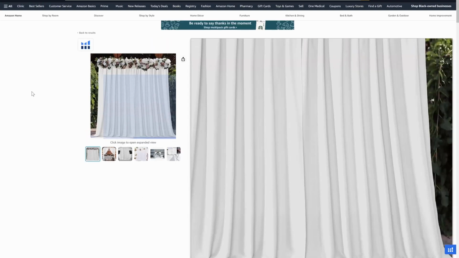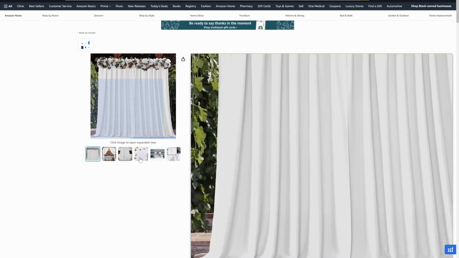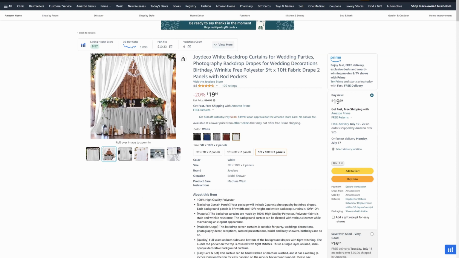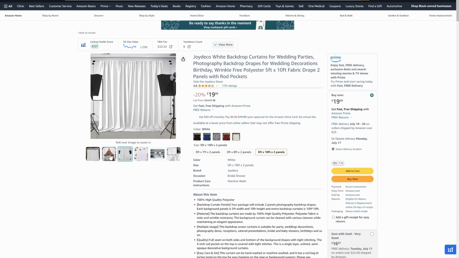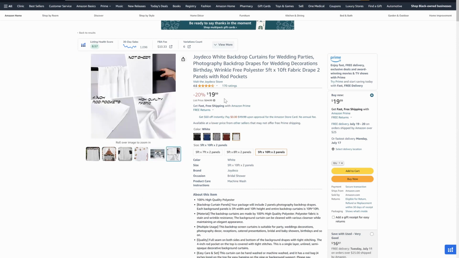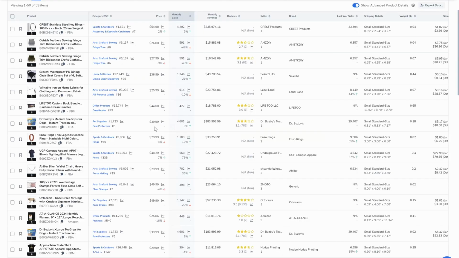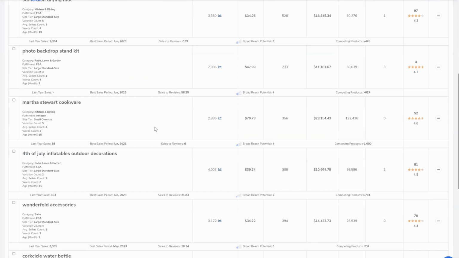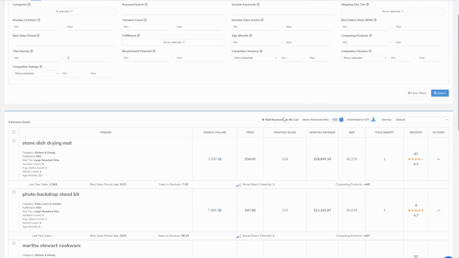Not much. Something that would be fun about this niche is that you can differentiate. And what I like about this listing too is they show the different ways you can use this curtain. There's a lot of different ways you can use it. So that's another potential idea. But you want to keep looking at all these different opportunities. Not everyone is going to be the best, and it might take some time to look through the different opportunities, and then you can go back and edit these